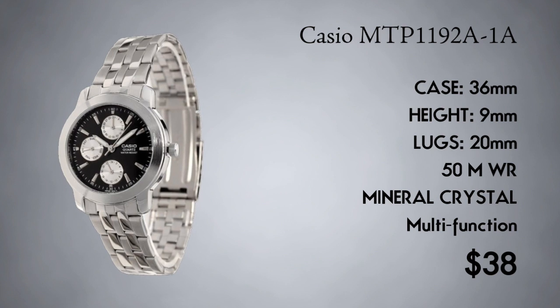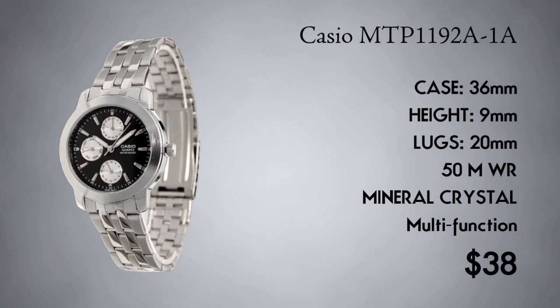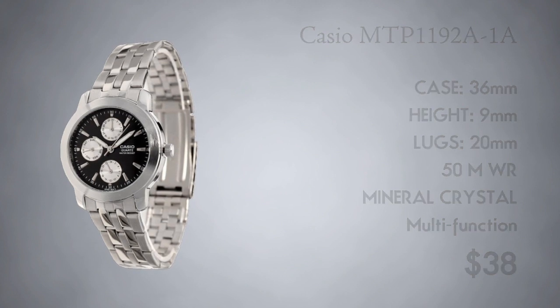But because it's a dress watch with a Panda dial, I think you can kind of get away with wearing it, dressing it up or down. You can put it on a leather strap and it'll give a nice sort of fun dress watch look, or you can leave it on its metal bracelet or throw it on a NATO or something, get a more casual, sporty look, get a lot of versatility, and again, you get that kind of vintage sizing at